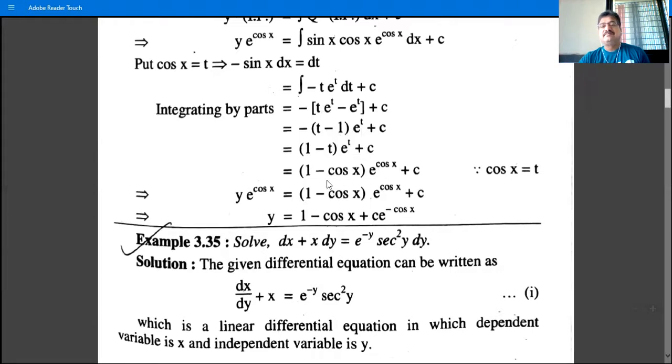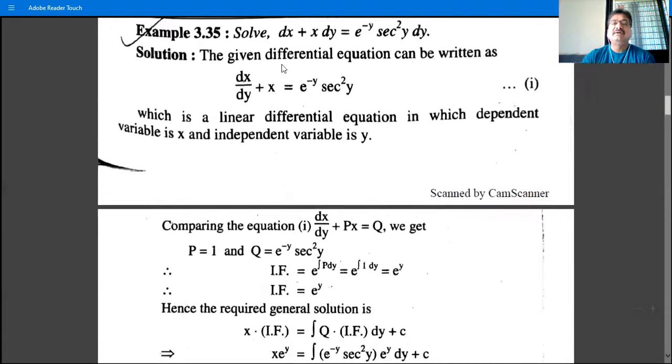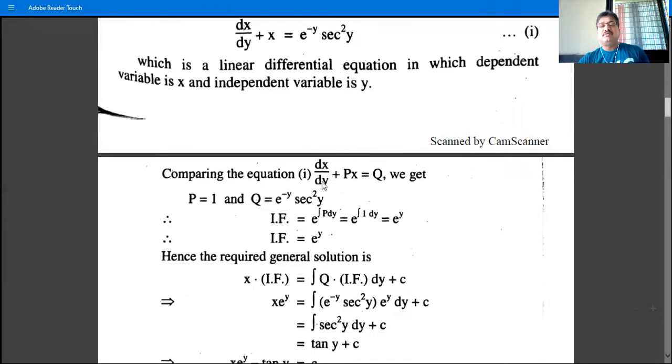So we have this, and y e raised to cos x is equal to this, which is the general solution of the given differential equation. Now, dx plus x dy is equal to e raised to minus y sec square y dy. So this is an example of the form dx by dy. Shift this quantity to the RHS, take dy as common, shift to the LHS, and then shift the minus x to plus x on the left side. So we have this,